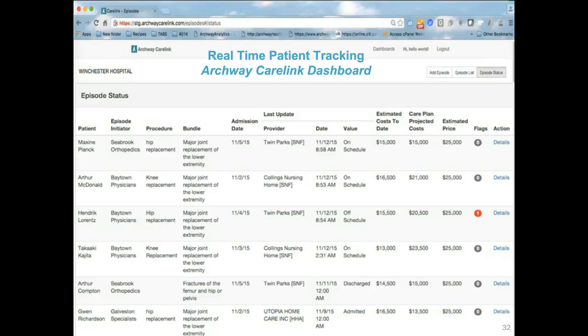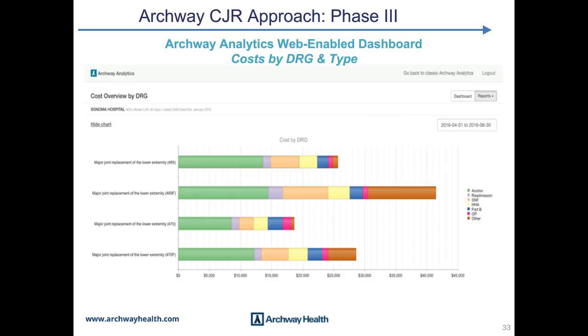So our focus is really the 80-20 rule: focus on the 20% of patients or so who are off track and let the ones who are on track continue to make progress, with the goal of trying to avoid complications and readmissions. And then we augment that with tracking of the financial performance. This is an example of a screenshot from our Artois Analytics dashboard where, every time we get new data, we can see what our performance is by bundle type and how that breaks down by cost, SNF, home health, physician, et cetera.